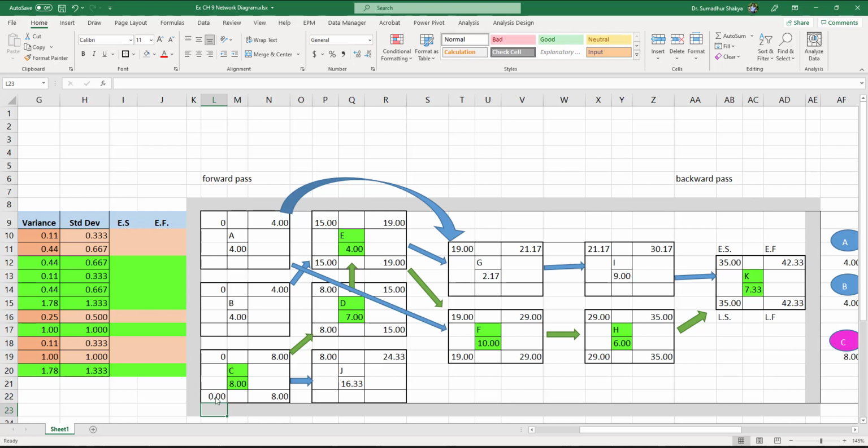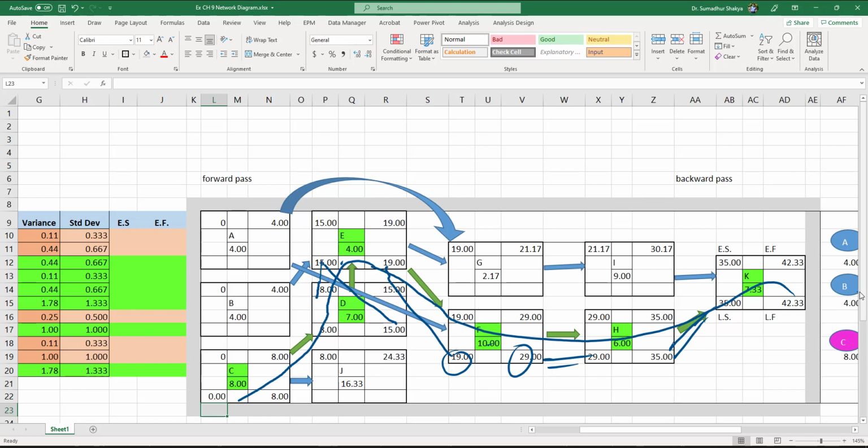Okay, so now knowing all of this, backwards pass, we followed the critical path for late finish and late start. Once you get the late start, the late finish of the preceding activity is equal to it. This is equal to this, and then 19, for example, for activity F is 29 minus 10. That gives you 19. This 19 is equal to this 19. 19 minus 4 gives you 15. 15 is equal to